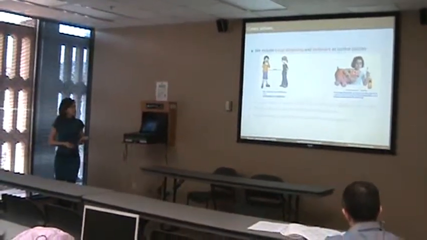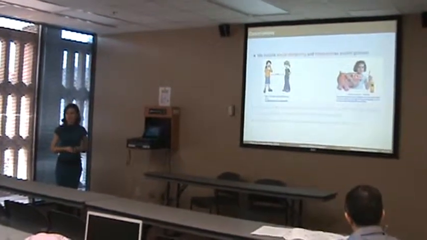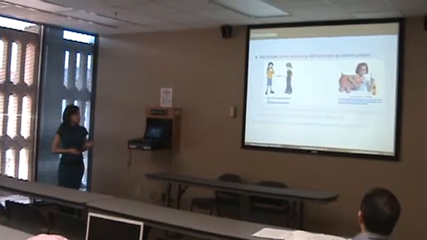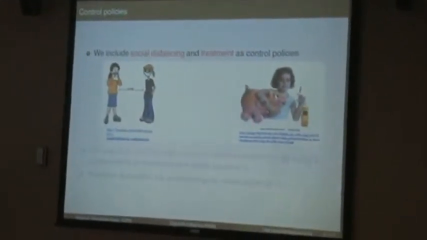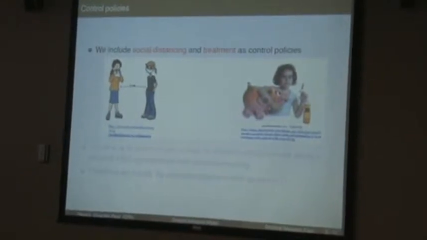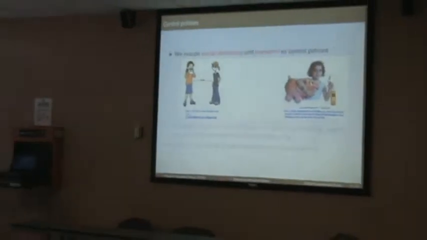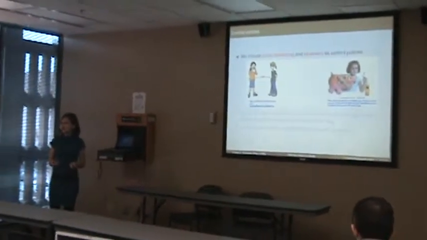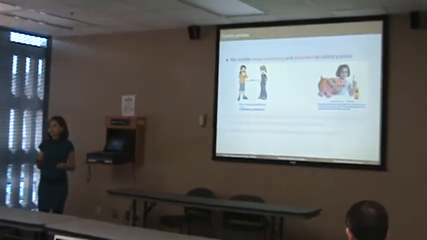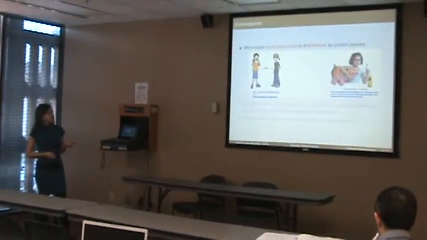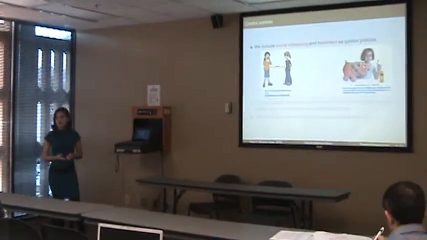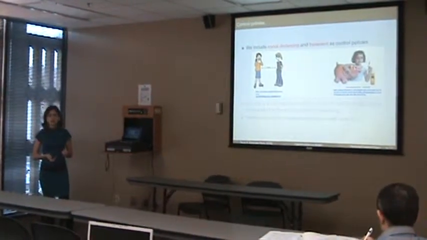Now our idea is to include social distancing and treatment in the model as control policies. The idea of social distancing is how you reduce your number of contacts when there is an epidemic. If you remember in 2009, there were several policies taken in Mexico. For example, they closed schools, they canceled public events, and many of us maybe took some measures like washing hands and not going where there are many people, so this is related with social distancing. And we consider treatment just like antiviral treatment, like Tamiflu or this kind of